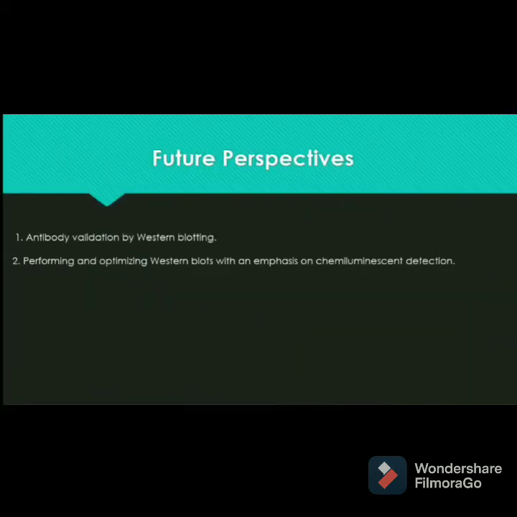Okay, so the next technique is northern blotting. Northern blotting is basically a technique used for the study of gene expression. It is done by detection of particular RNA or isolated mRNA. mRNA is generally represented as 5% of the overall RNA. This method basically reveals the identity, number, activity, and size of a particular gene.